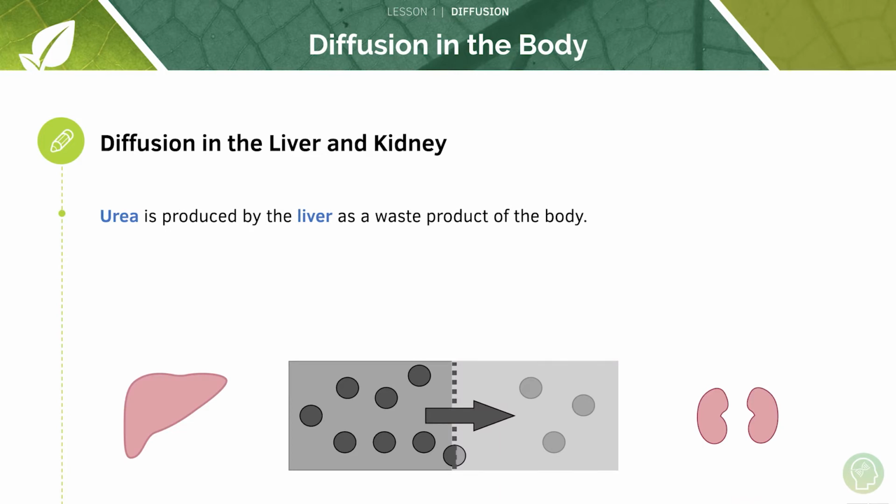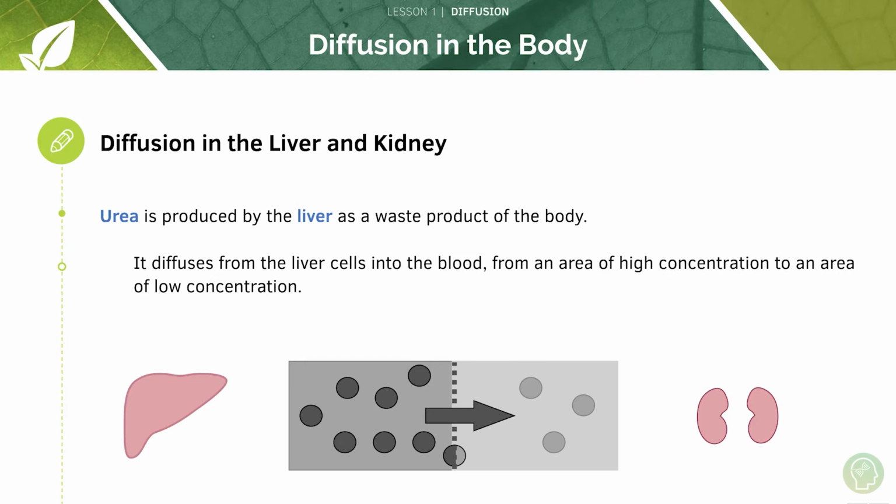Okay. So now let's look at another example. So diffusion in the liver and kidney. So urea is produced by the liver as a waste product of the body. So we need to get rid of it, right? So it's going to diffuse from the liver cells into the blood from an area of higher concentration in the liver cells to an area of lower concentration in the blood. And this is a really effective mechanism of getting rid of this urea. So you can see it's in a high concentration over here, it's in lower concentration over here, and it's going to diffuse down its concentration gradient